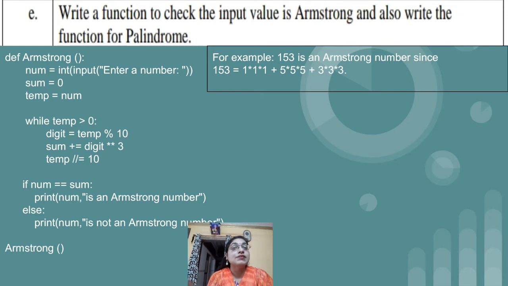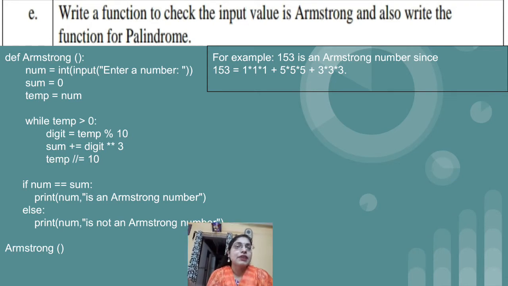And as we have seen in the previous program, at the end of the execution the actual value of the variable will become 0. So there will not be a value for the comparison, and this is the reason why we are storing the value inside one temporary variable. The original value we are storing in a temporary variable, so that this particular variable we will use for the calculation, and our original variable value will remain the same, which we can use in comparison.